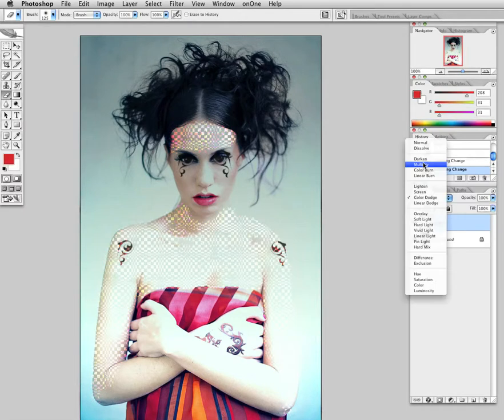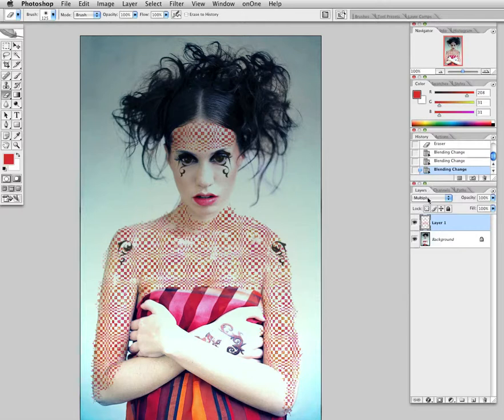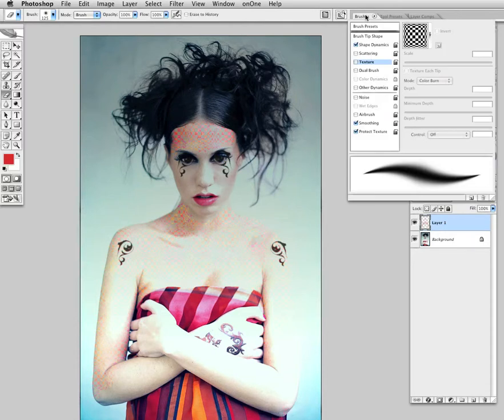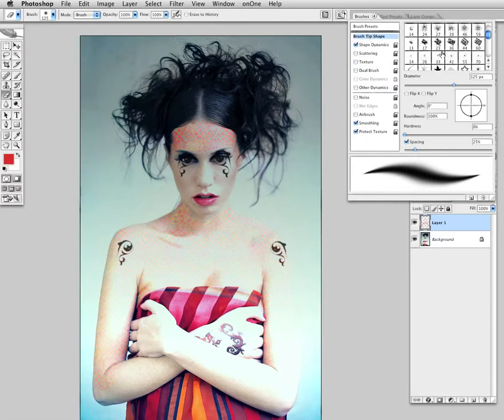Whatever you find interesting, you can use with this. Let's go back to overlay. And so it's this kind of interesting little soft pattern that comes across there. Some other things that you can do. Let's see. We can go back to brush shapes,